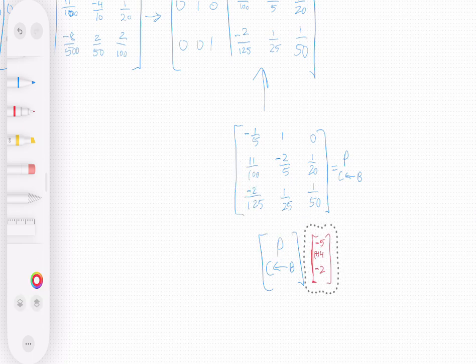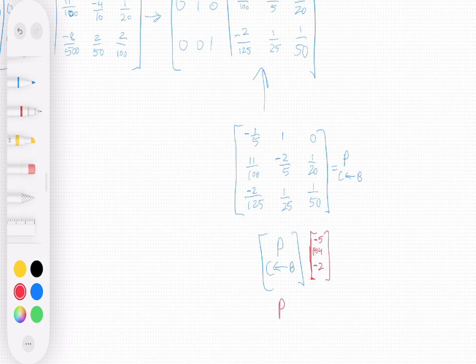So let's go ahead and do this, which, just to be clear, what we're basically trying to do is P C from B